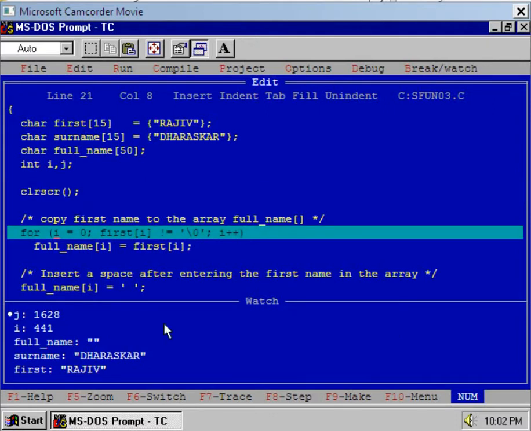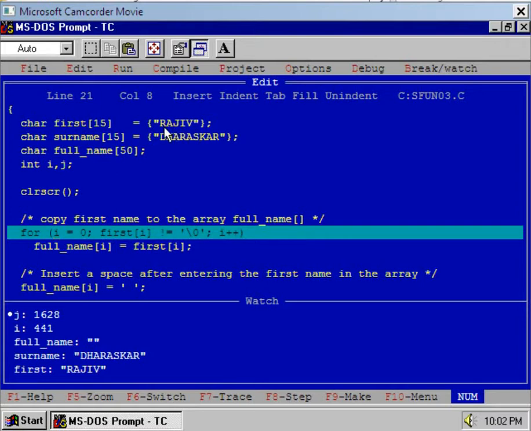Now in the first for loop I will copy the string Raju to the array full name. Okay, so here i is equal to 0 and we'll copy till the \0. What is \0? It is a string termination mark. Now in the first array there are 5 characters, Raju, and after that there is a string termination mark \0.